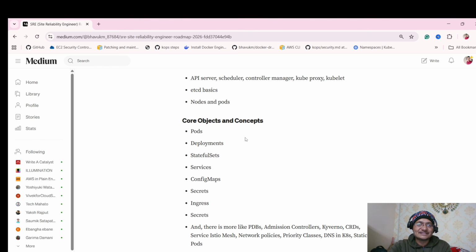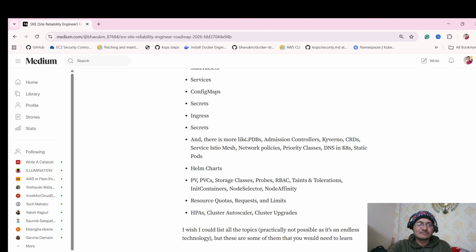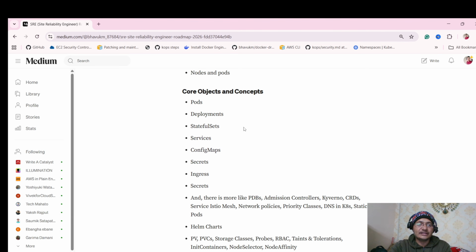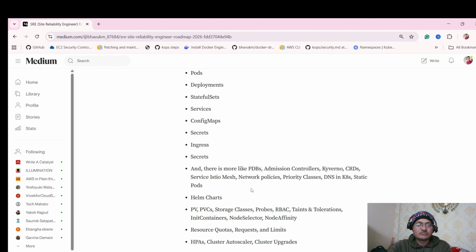I know, I mean, Kubernetes is so vast. Okay, there are so many things, but these are some of the things that you should really understand. At least on a very high level, you should know a few things, and the core components you should know in depth. Okay, so service mesh, network policies, priority classes, DNS, static pods, Helm charts, PVCs, storage classes for